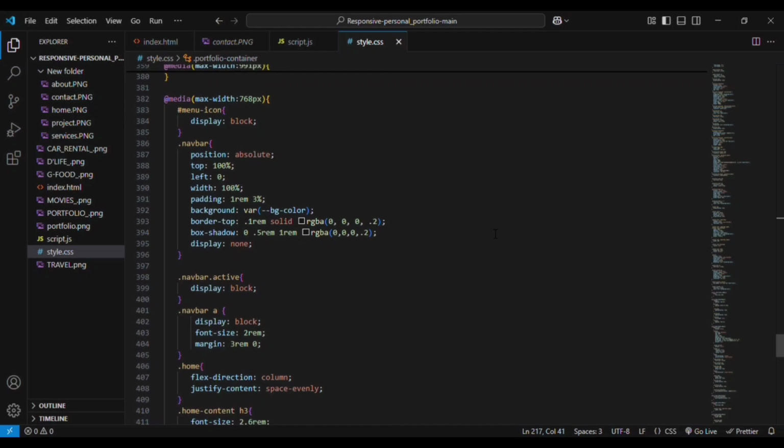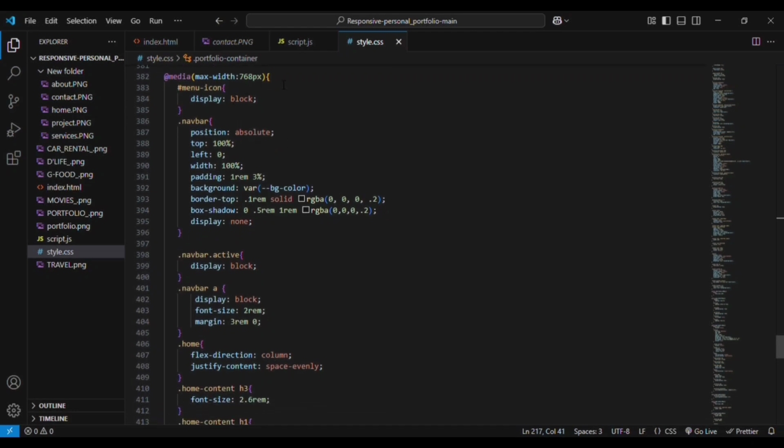And the max width is 768, below 768. This menu icon is important here because in the desktop version we have a lot of space, so we have shown our whole navbar, but in the mobile version we don't have that much space. That is the reason at the start of the code I told you menu icon display is none, so it will be hidden. But in max width 768 pixels, which is the mobile device width, display will be block, so the icon will be displayed and the navbar will be